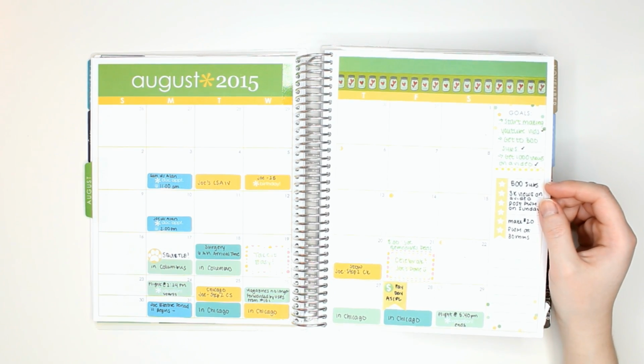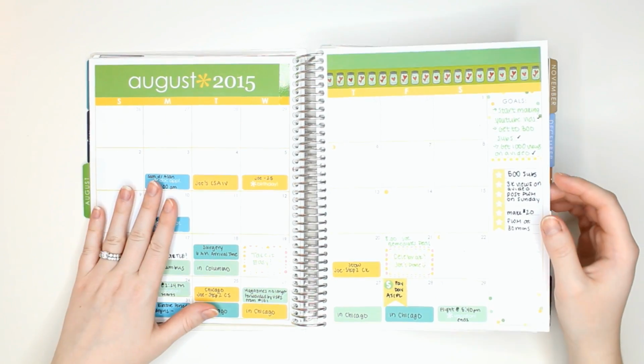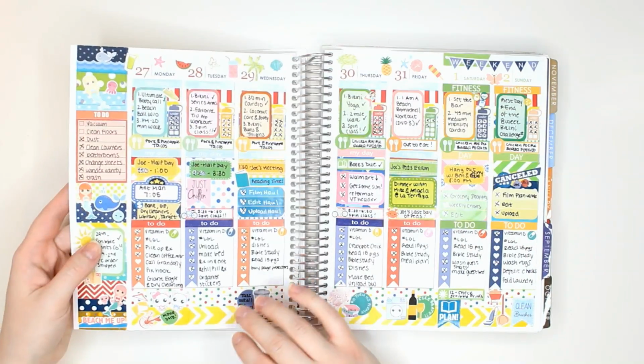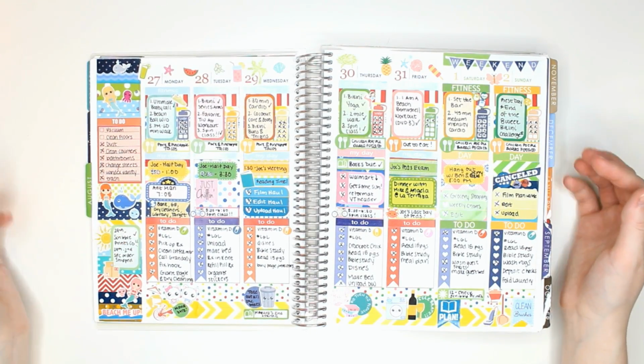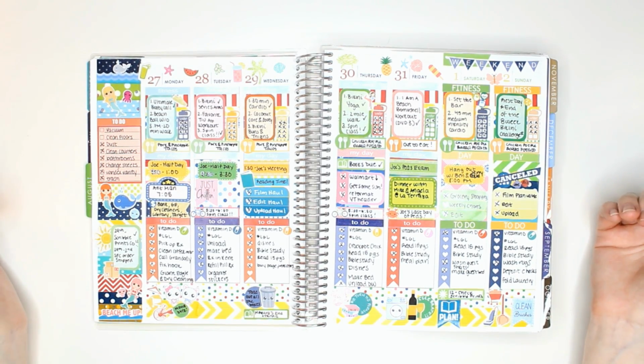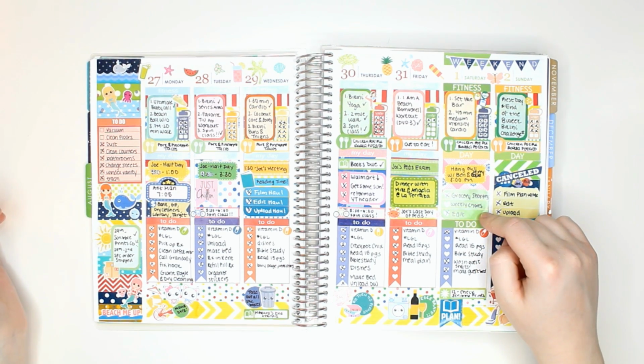It made my day every day. But I used these stickers, I don't know how much I liked them. I don't think I used them again. This spread was a lot of fun. I basically hadn't gotten any of the August stickers I'd ordered yet, and you can see Scribble Prints Co. This was the first spread I used Scribble Prints Co. in,